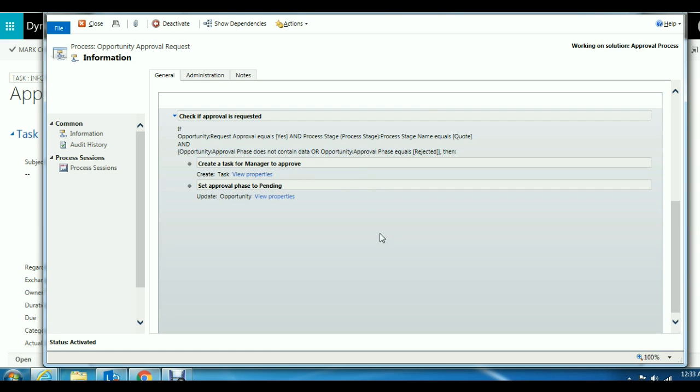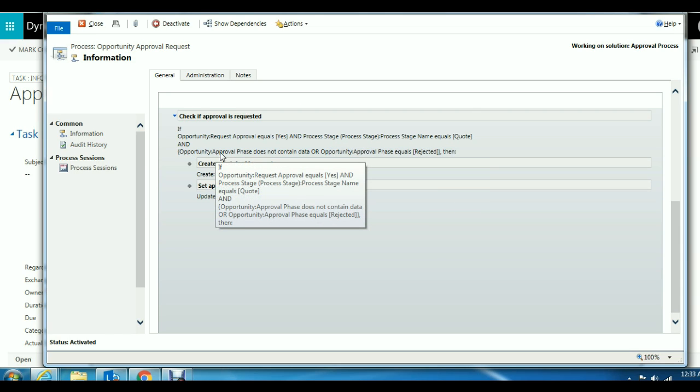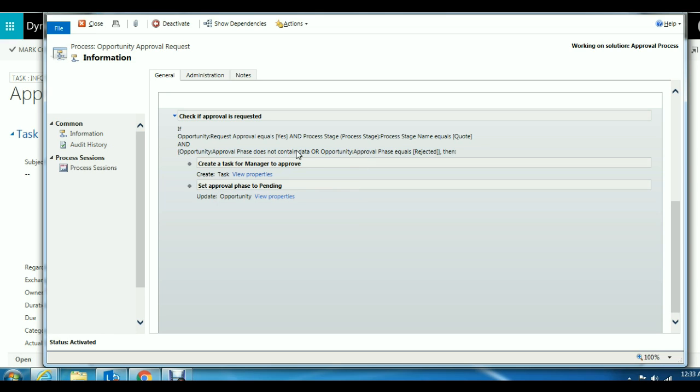That means a salesperson has demanded an approval for the quote and the process stage name equals quote. At the same time, the opportunity approval phase does not contain any data or it is